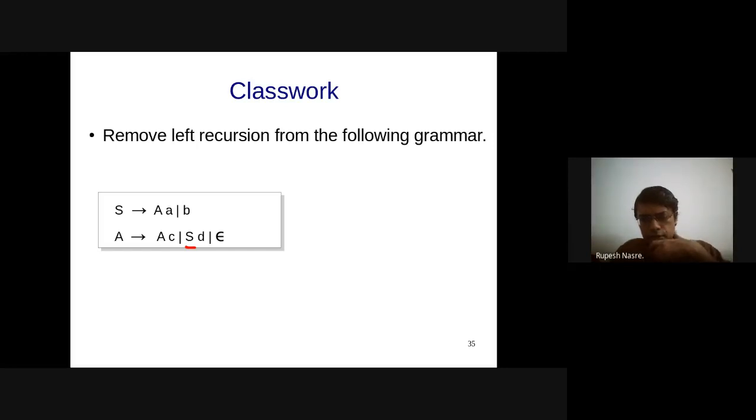Vaibhav has written something. S derives A or B. A derives S dy or y, and y derives cy or epsilon. That seems fine. Okay, all right. So we got some answers and request others also to try out. Yeah, Raghu, I'm not sure about your answer. It might be correct. I just need to check because you have, I think, replaced capital S with the derivations of S, that is A and B. But I have a feeling that there might be some problem. I'm not sure.